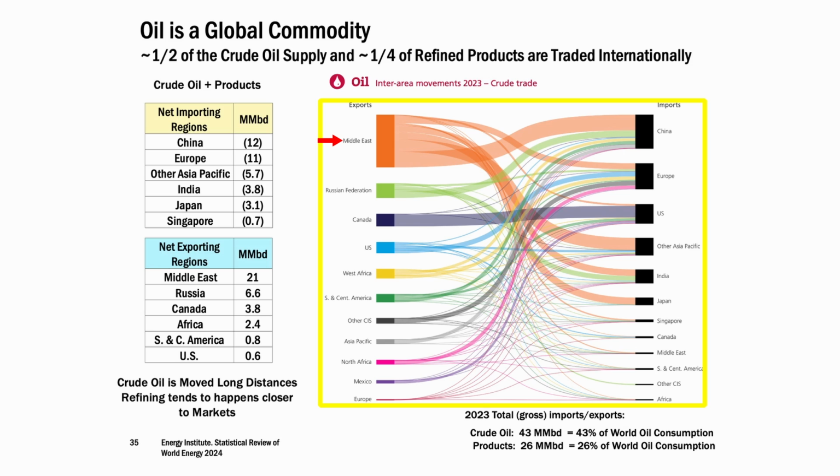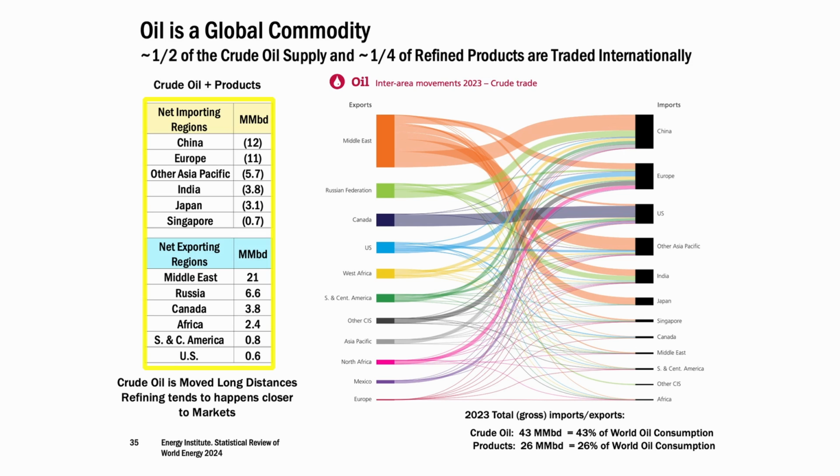Middle East is providing oil to a lot of different countries as one of the places where it's a major exporter. And then Russia, you've really seen a growth in those green wedges to China and India as Europe has put sanctions on a lot of that Russian oil. And so that's a part of the landscape that's really changed. And so these are just the net exporting and net importing regions. So places like China and Europe, very dependent on oil imports. And then, of course, places like Russia, Middle East, Canada, those are net exporters and have been for a long time.